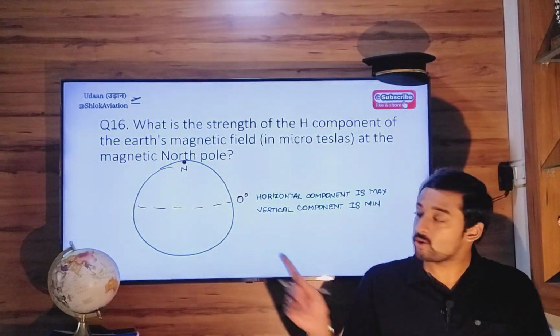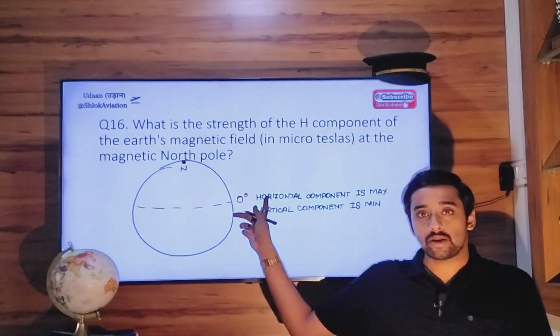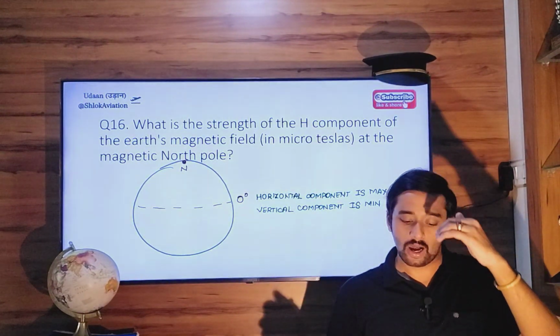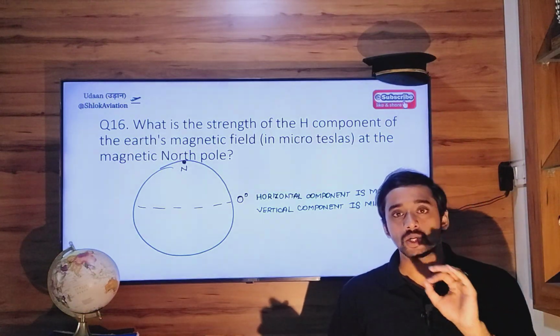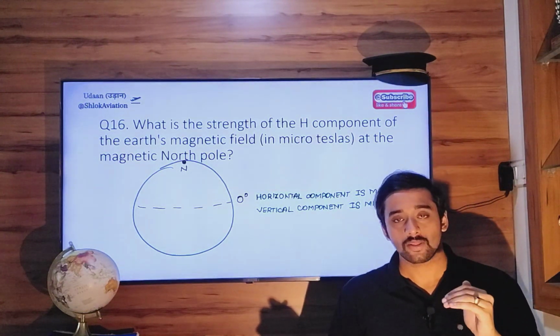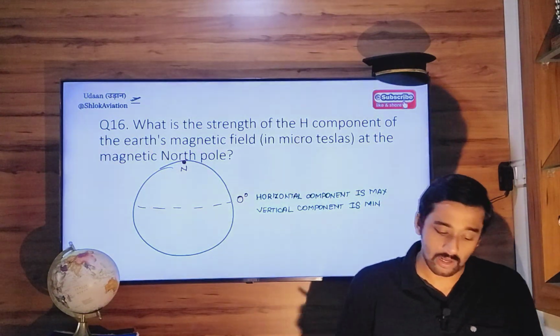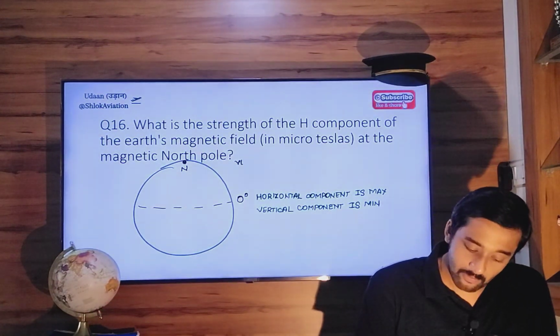But when you go to the poles, the difference between the horizontal and vertical components can be seen easily. As you travel to higher and higher latitudes, the horizontal component will decrease in value and the vertical component will start increasing in value. Finally, when you reach the poles, the vertical component of the Earth's magnetic field